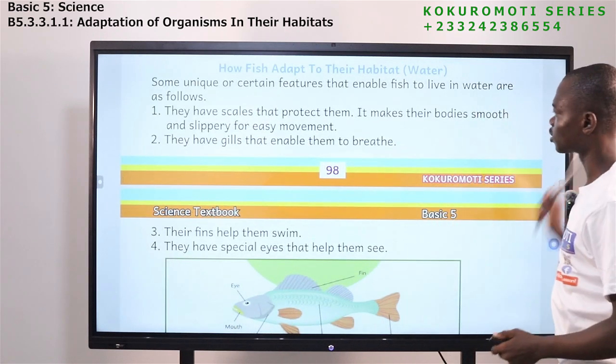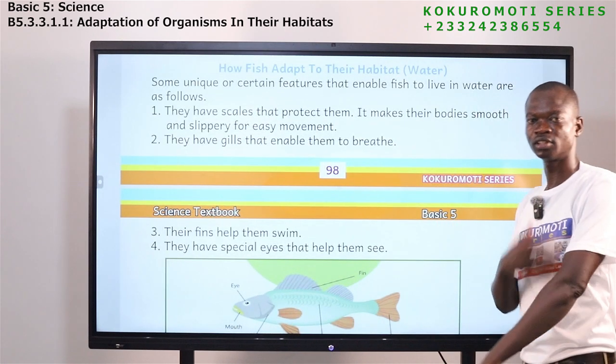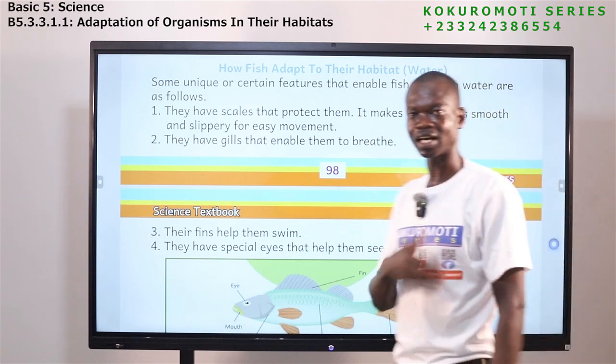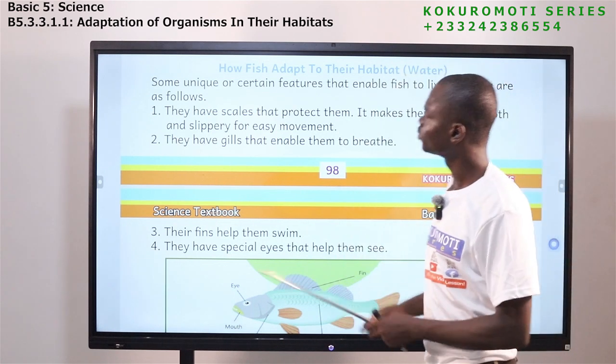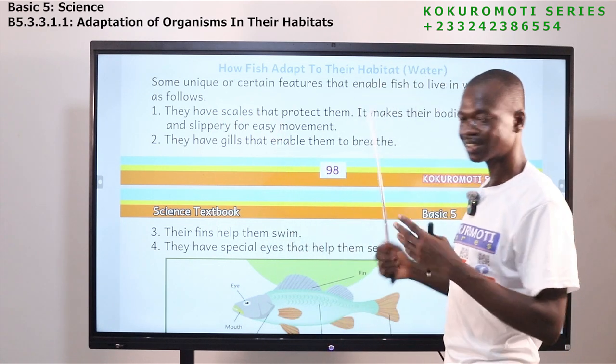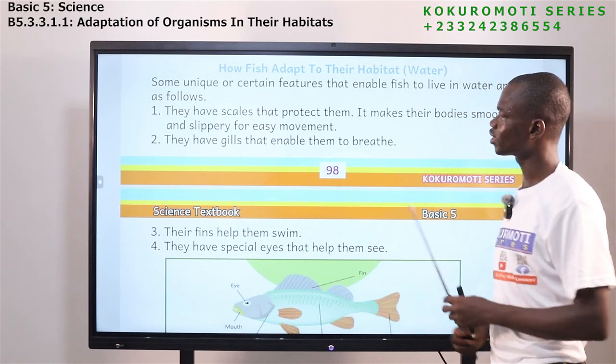It makes their bodies what? Smooth. So fish, they have scales. You see some rubber-like thing covering their what? Their skin. So they have what? Scales. Those scales protect them. The next one is that